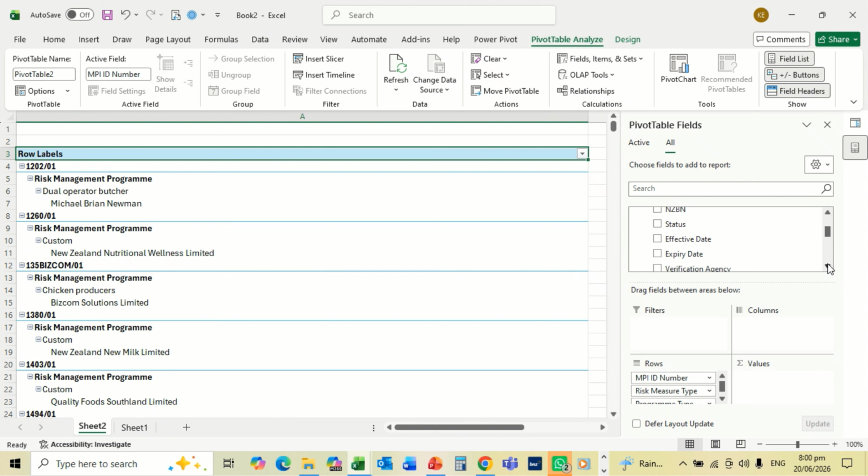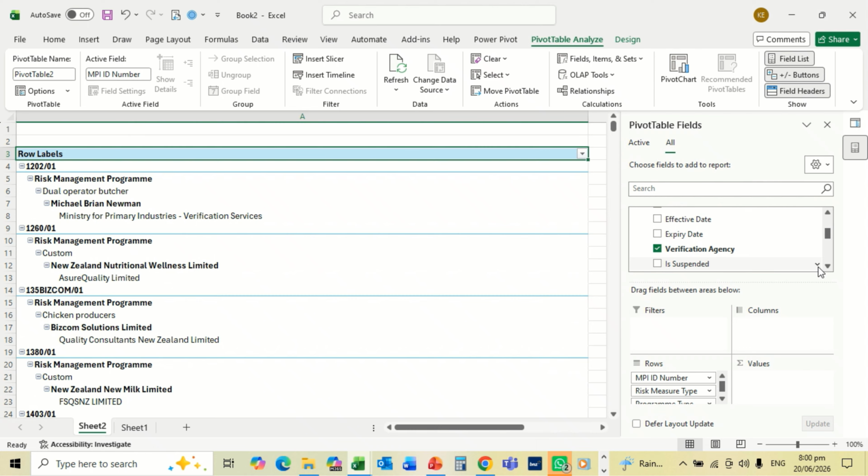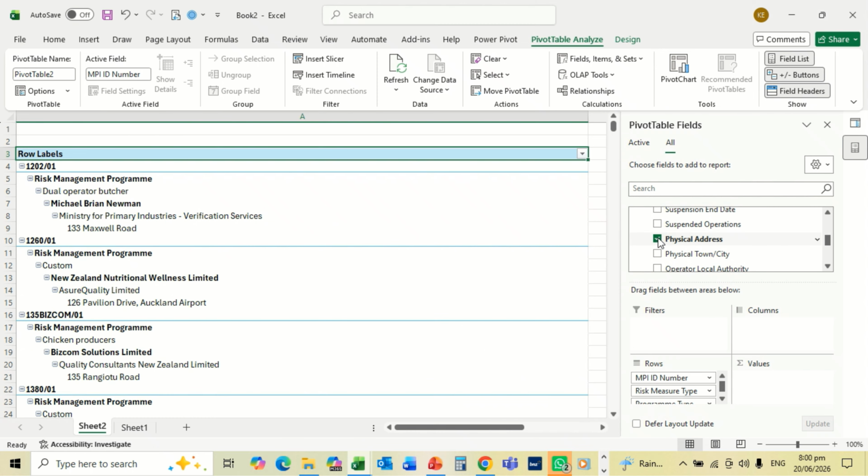You can select any column, but to make it to the minimum, verification agency, maybe we are interested with that, and physical address, city,